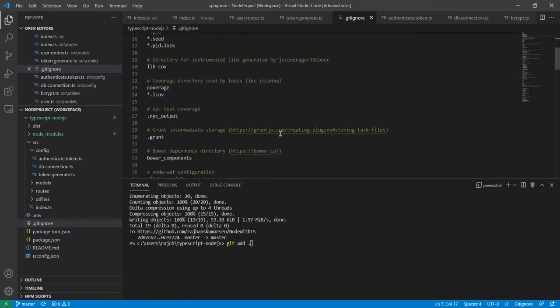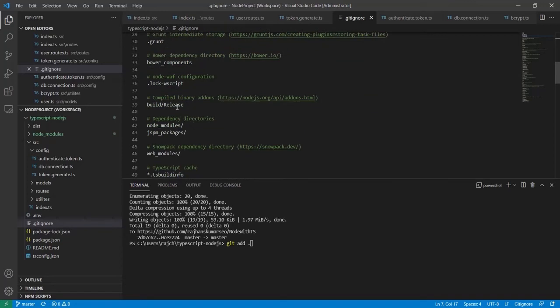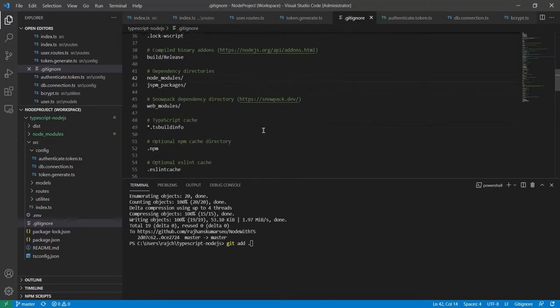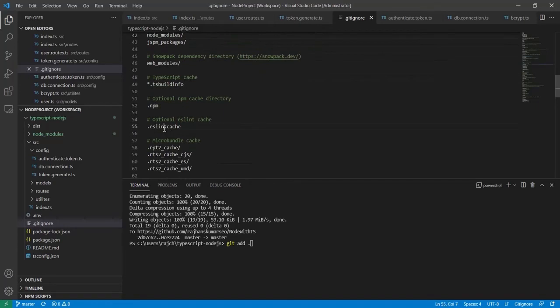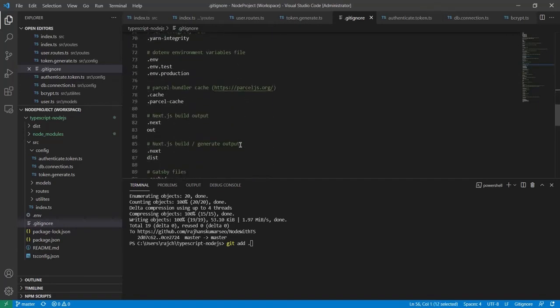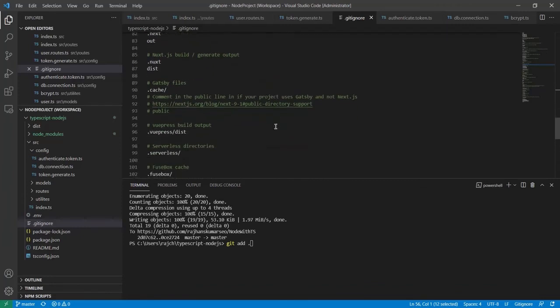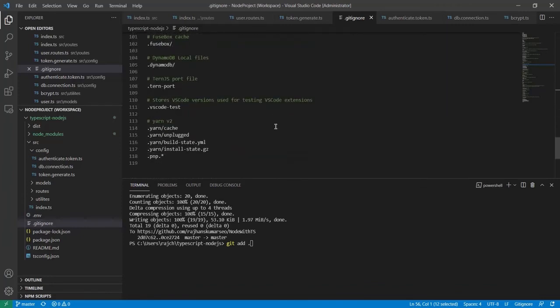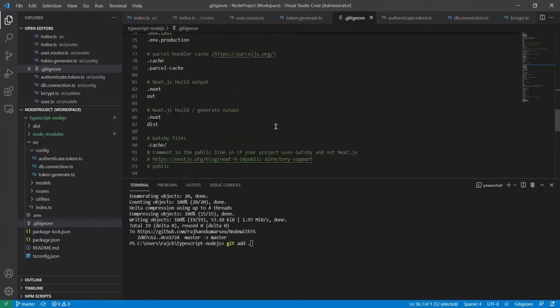You can see build release is here, and this folder will be added when I create any release. You can see the .npm and eslint cache, and node modules will be here too.